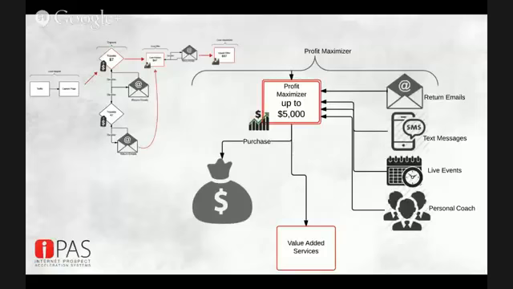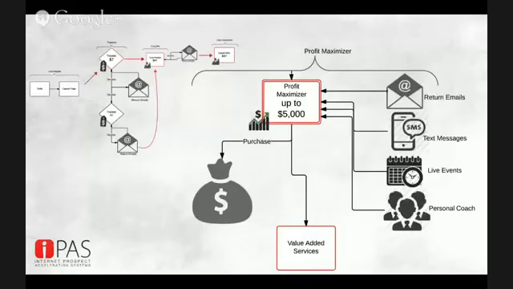We do live events that push this. We even have personal coaches that walk people through the business plan of why they need your Profit Maximizer. So you actually have business coaches calling and contacting your consumers that bought the whole front end. So they bought the tripwire and the core offer. Your business coach will actually call and speak to them or communicate with your client to show them the value of having a Profit Maximizer. And then they go and purchase that, and we also have some value-added services within that.